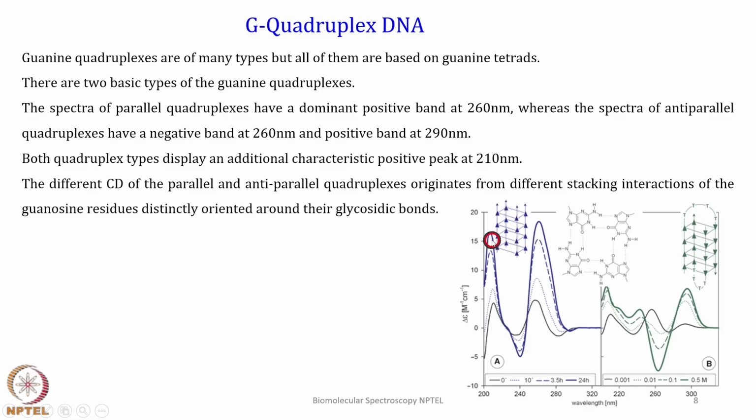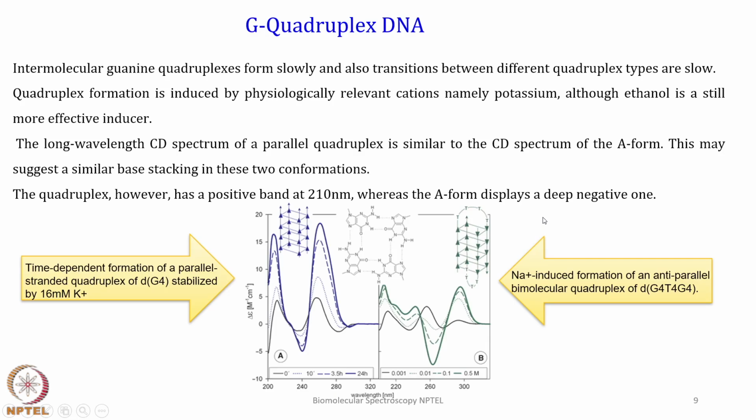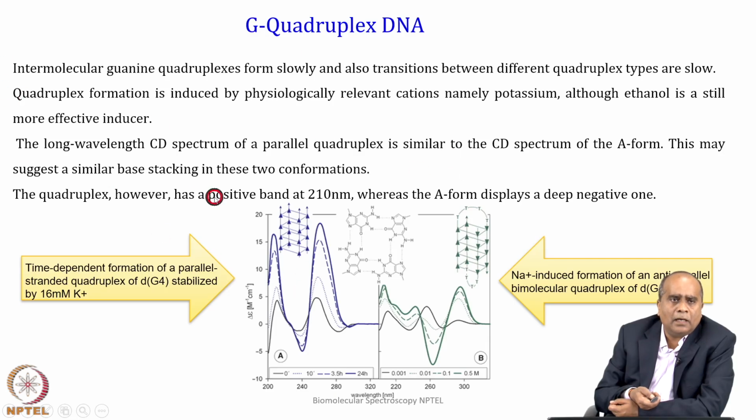So, all these are by base stacking that is happening in quadruplex, and that can basically change the signal that is there by just base stacking. So, G-quadruplex DNA, one can have an intramolecular G-quadruplex DNA that forms slowly. Also, transitions happen between different quadruplex types that are slow. Now, quadruplex formation